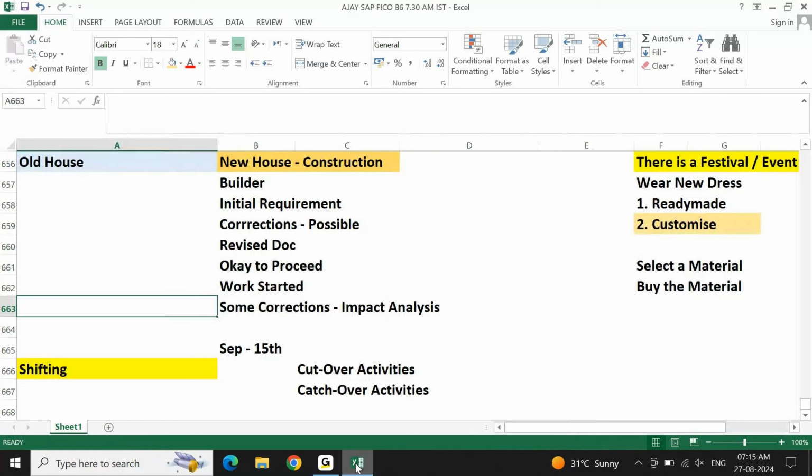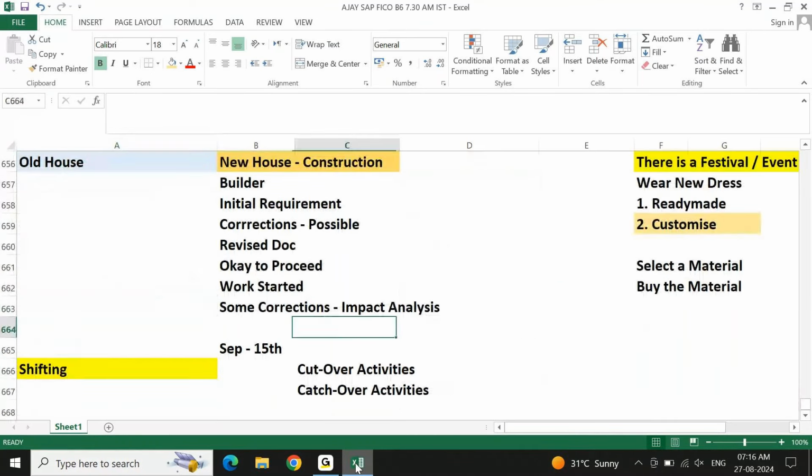These are all related to your implementation. Further expansion of these examples, we will understand again when the situation is right and the scenario is there. Now, when you're talking about cutover activities, let's say that my stitching is completed.